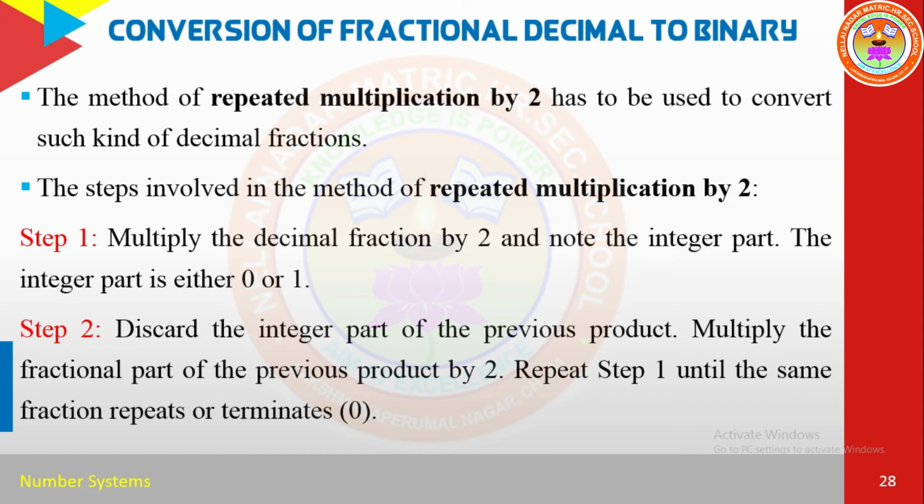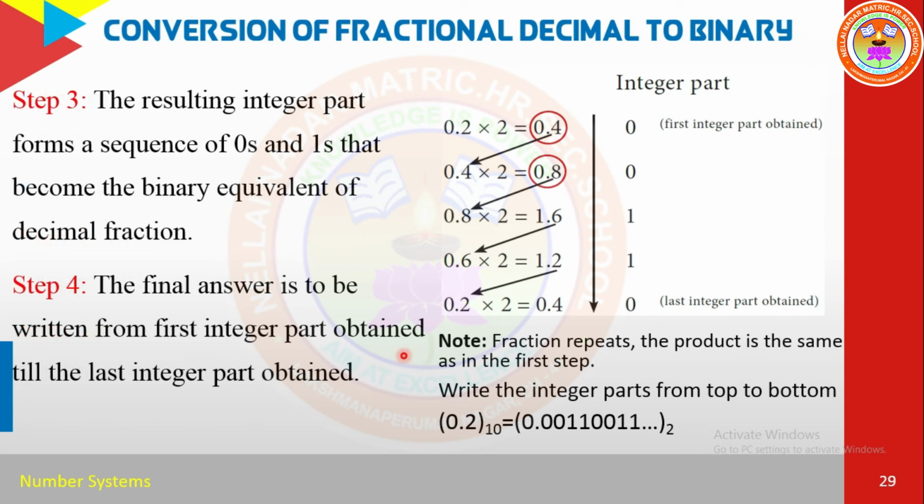You just see the example. So this is the example of conversion of fractional decimal to binary. Apart from step number 1 and step number 2, step number 3 and 4 also we can follow. You just see the example directly, then you have to read the theoretical part. Okay, yes, see the example. So the given number is what? 0.2. Okay, what is a fractional decimal number? 0.2. Okay, so now this fractional decimal we are going to convert into binary.